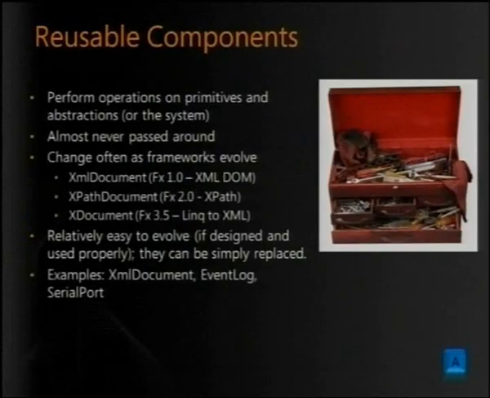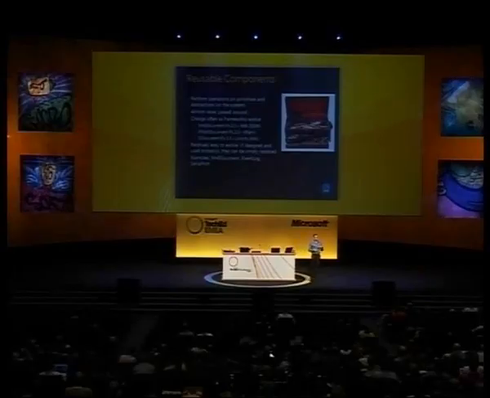And then there are those reusable components or reusable libraries. Those are the things that you kind of instantiate the type, you set some properties, you use it, and then you drop it to the GC. Examples would be something like XML parsing APIs, correct? XML reader and XML document, XPath, and so on and so on. Event log, serial port. And here, in terms of kind of evolution, you need to be very careful about not introducing kind of too many overlapping features, and I'm going to be talking about kind of managing overlap in a moment, but they are relatively easy to